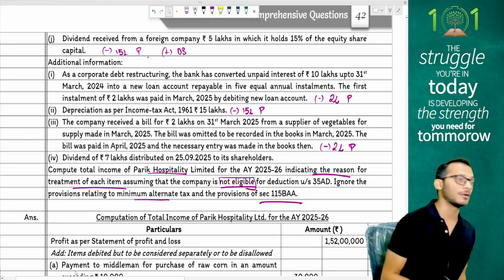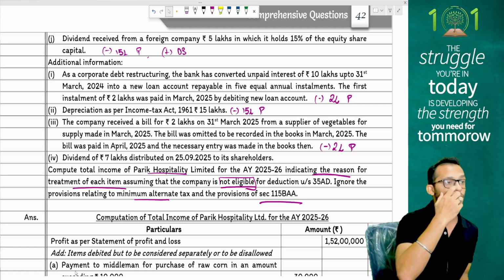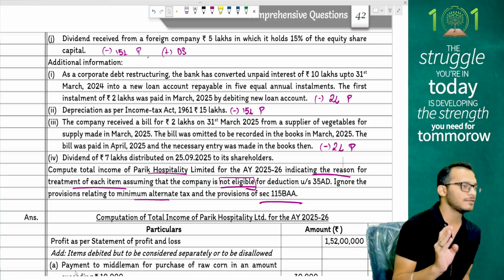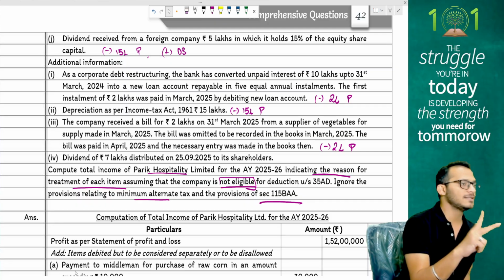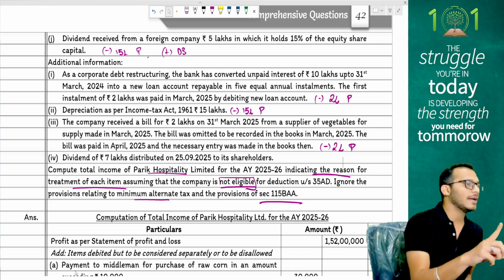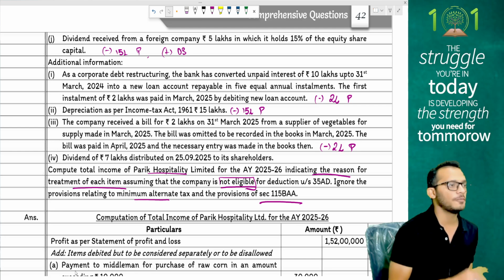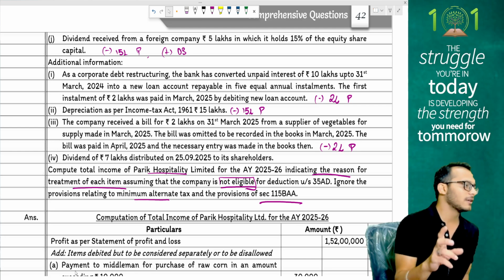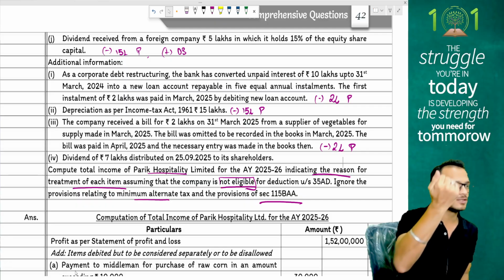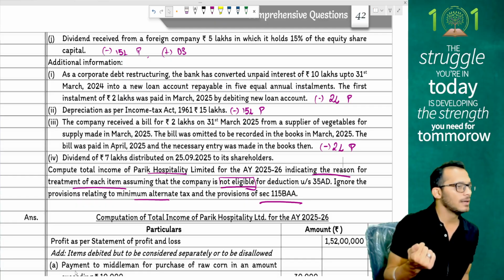Luckily, this question does not want your tax liability also. Yes, people, this template will now help you understand what to do. If you notice, I don't have any salaries, no HP. I have a PGBP, I have a CG, and I have an IFOS. Two components are there in CG, one ignored component and one enhanced compensation. And one item is there in IFOS, which is my dividends. That is what you need to keep track of, people. Like I told you earlier also, when you get a multiple level question, you cannot do line by line. You need to do the sequence. Always first full PGBP, then CG, and then IFOS. That is how you can go forward. You cannot change the template.